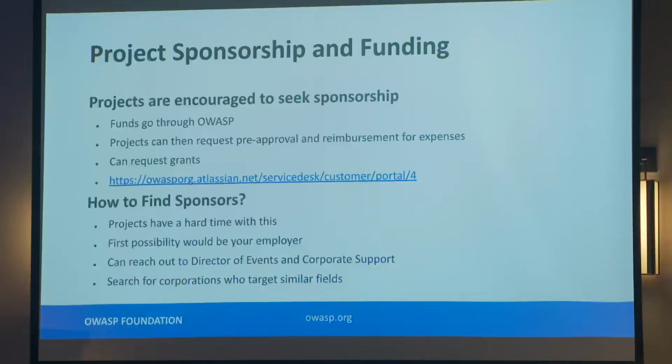One of our projects just recently picked up a $100,000 grant. The grant can then be turned around and requested from the foundation, which will give the funds to the project to say fund 2 people to work on a particular thing for 3 months, right? So that's what grants are for. And projects are going to be one of the largest consumers of these grants, because you've got actual work deliverables that you need to provide.